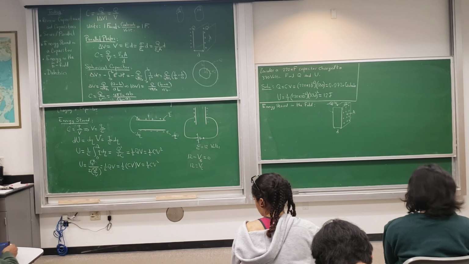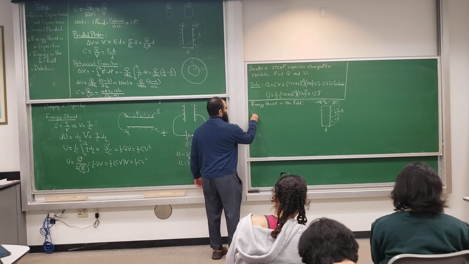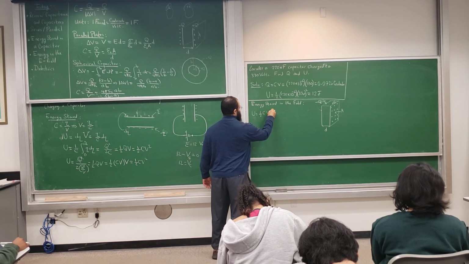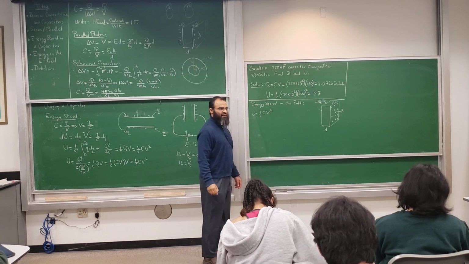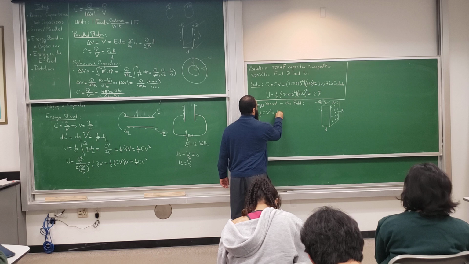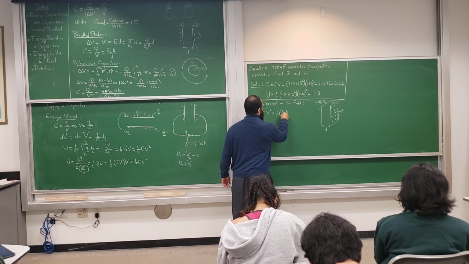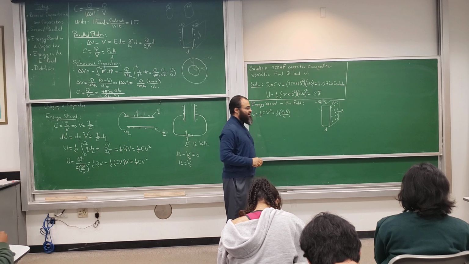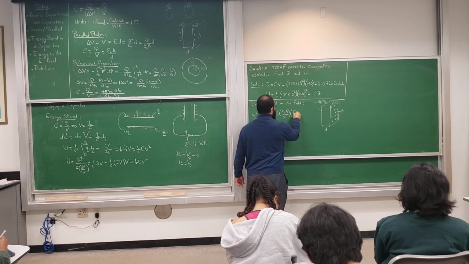So the potential energy is U, 1/2 of the capacitance times the potential difference between the 2 plates squared. So 1/2. For parallel plates, the capacitance is epsilon naught times the area divided by D, the distance between the 2 plates. And then the potential difference between the plates is the electric field times